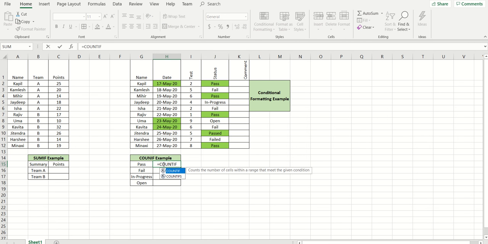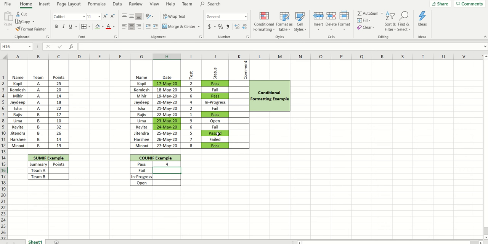So I need to use the countif function. If you type countif, it will ask for the range. So I am giving this range, and then what is expected is that I mark it as pass. Okay, so now I want to count how many pass there are in that. You can see it has counted 1, 2, 3 and 4. The pass with extra text is not being counted.